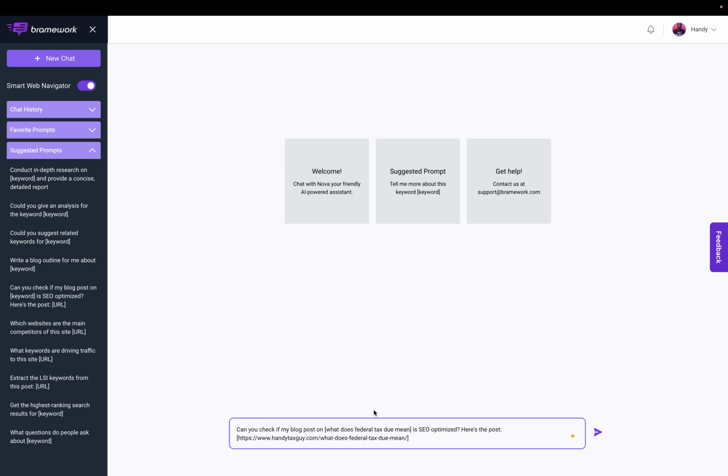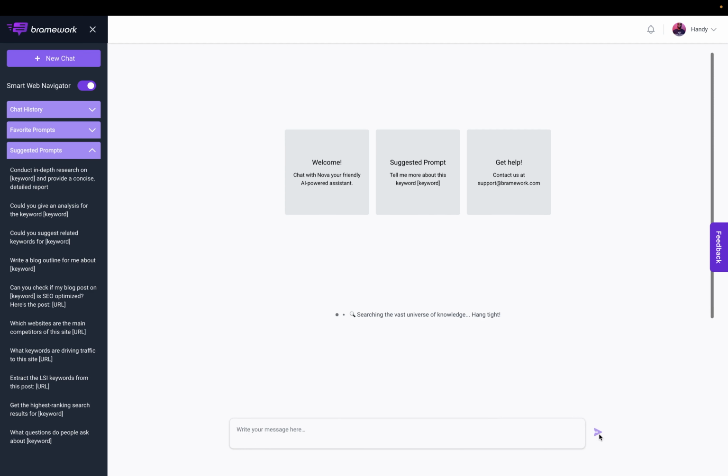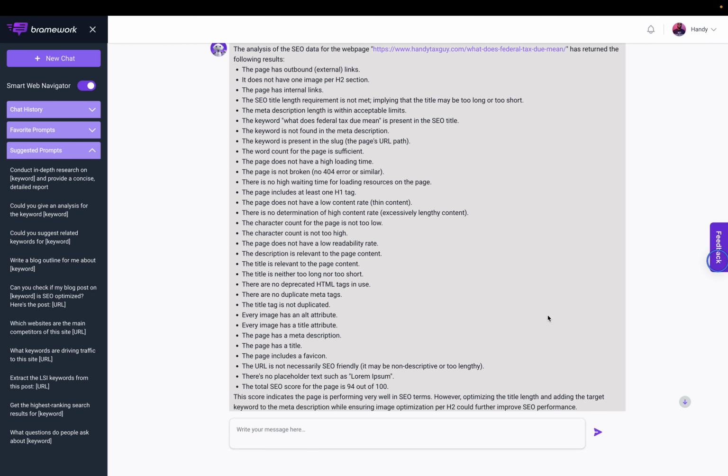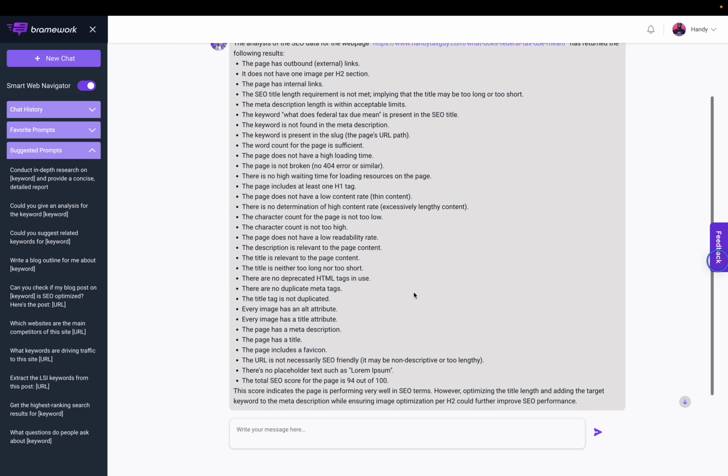All right, so now I'm going to check the optimization of this one, sorry. So let me go ahead and run that. All right, the AI returned an analysis on this particular blog post,